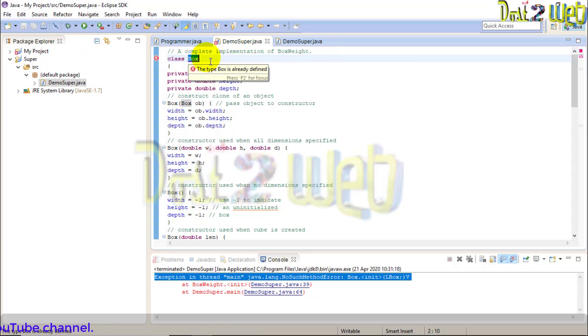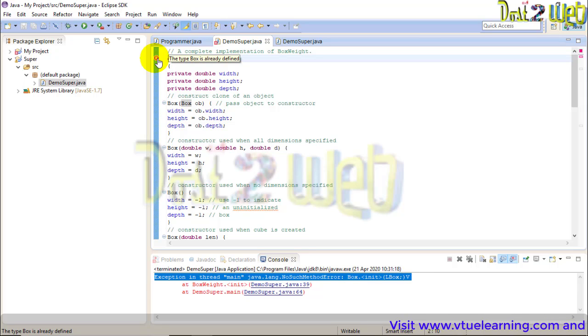You know very well that when we compile the program, it creates the bytecode, the .class file, and we already have a class with different details. So that's why the error says the type Box is already defined.